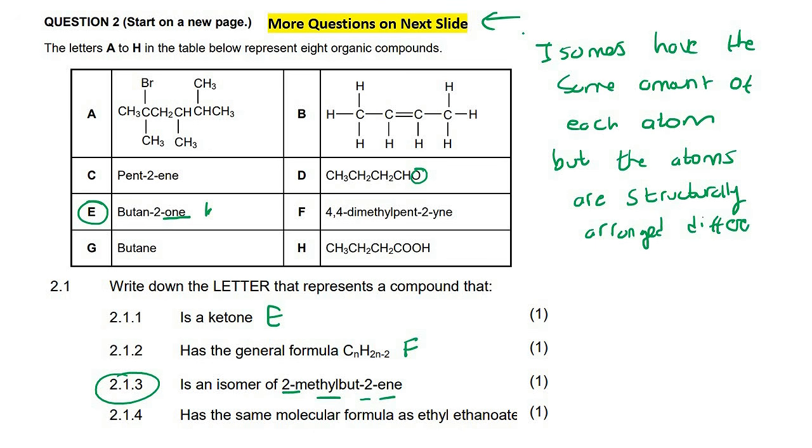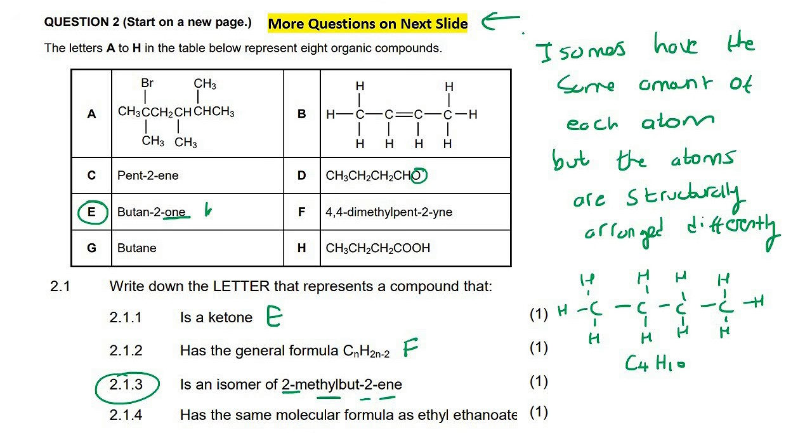Structurally, the atoms are arranged differently. So, for example, one example is something like this, which is butane. If you had to go count all the carbons and hydrogens, we would have 4 carbons and 10 hydrogens,